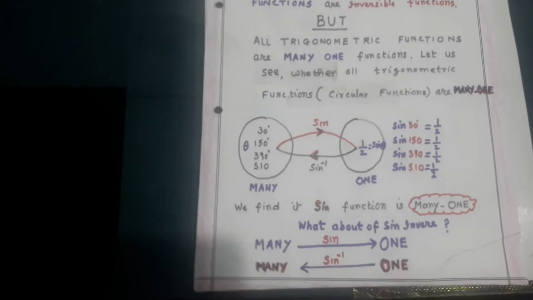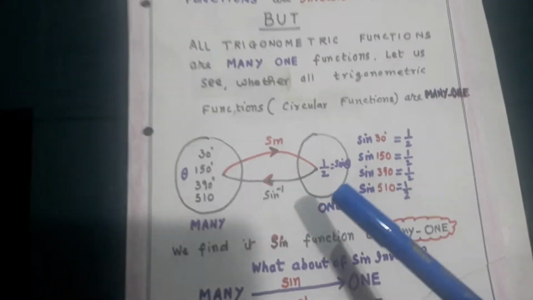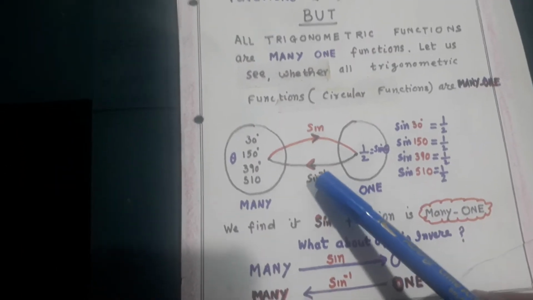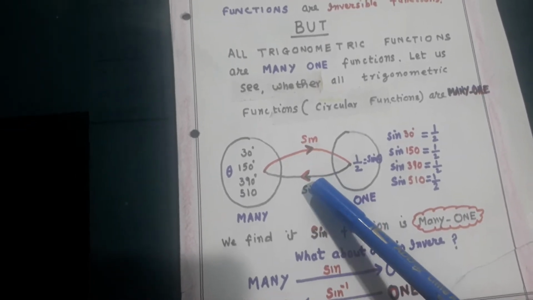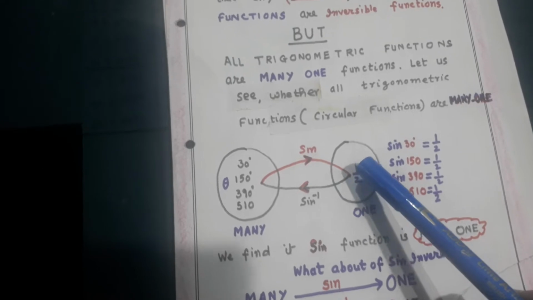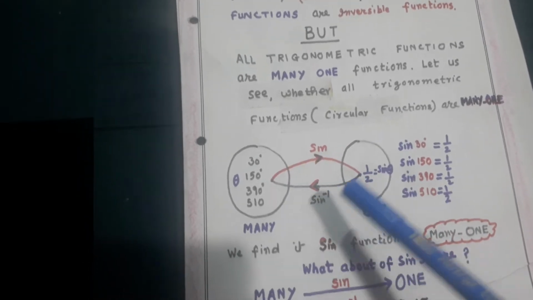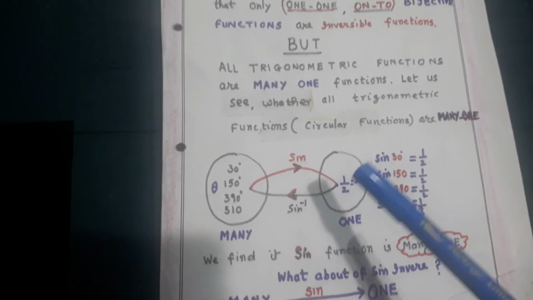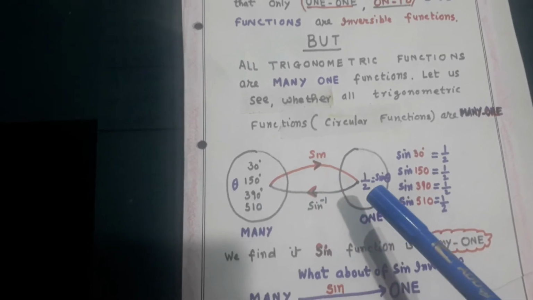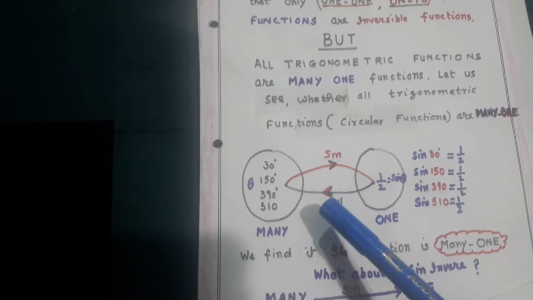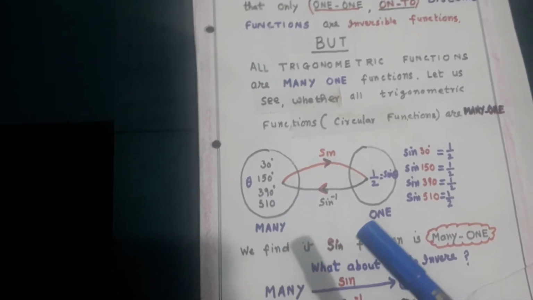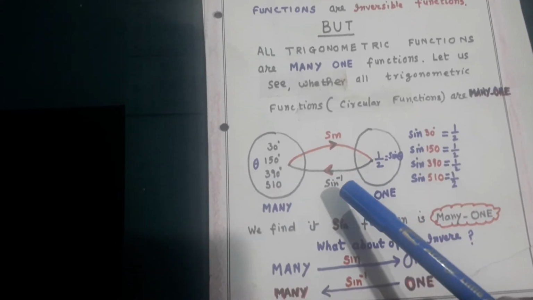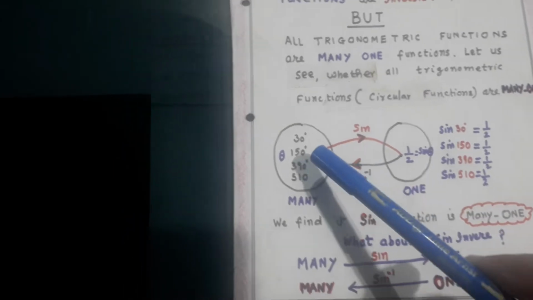Now let us go on the reverse side or inverse side. Here it is inverse of sine. It is sine inverse function. Now we are going in the reverse order. So this will become domain and this will be the output. So sine inverse 1 by 2 gives you